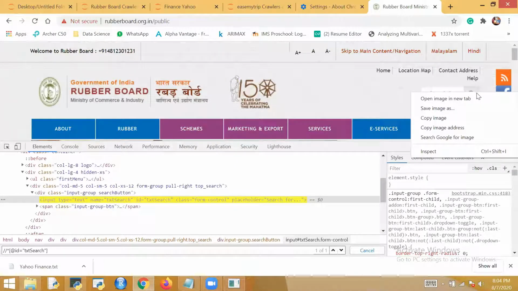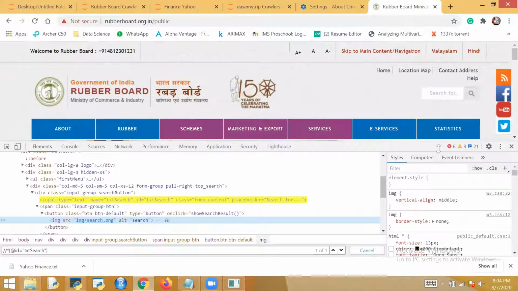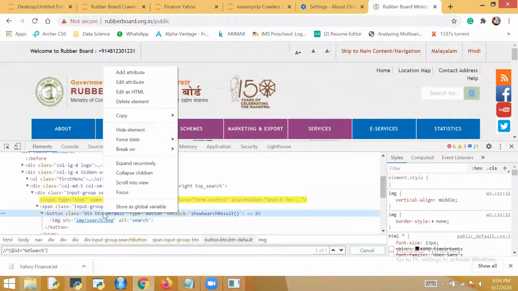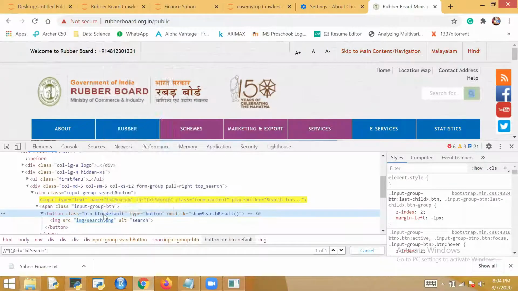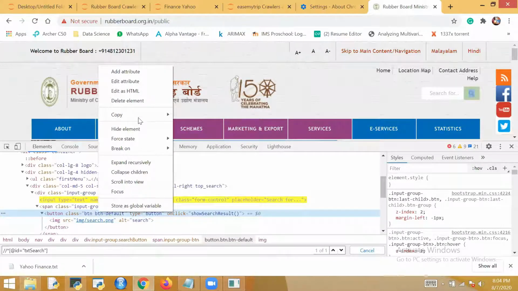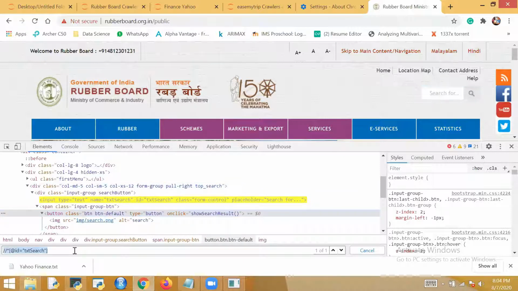So again, we right click on this button and inspect this element. This is the image source, but where it is onclick, this is the button location. I will copy its XPath. Right click on this, copy XPath. Now if I copy and paste here, it will locate that button.